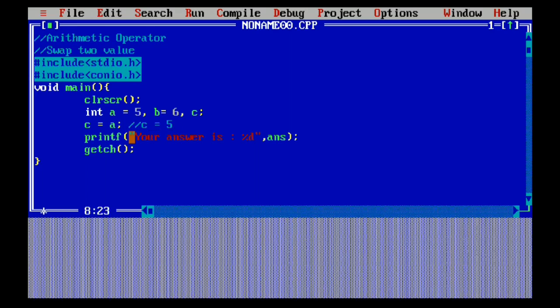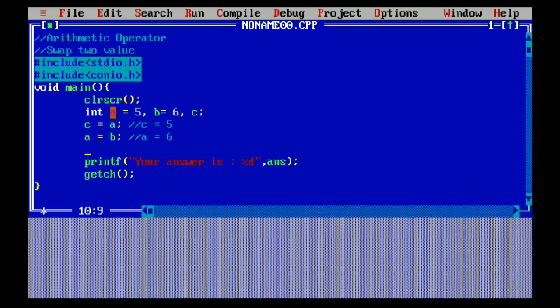So now c has 5. Now we are going to assign b's value to a, as we have secured a's value in c. So now a has the value of b. Now let's assign the value secured in c to b.